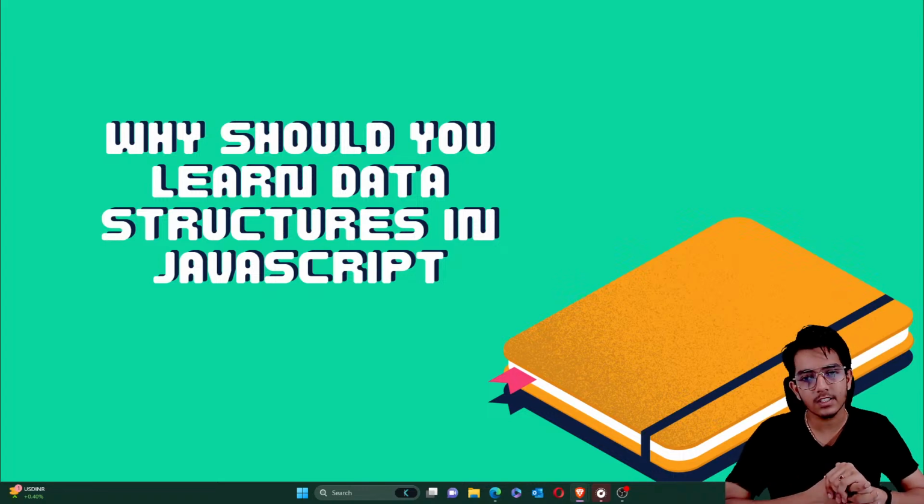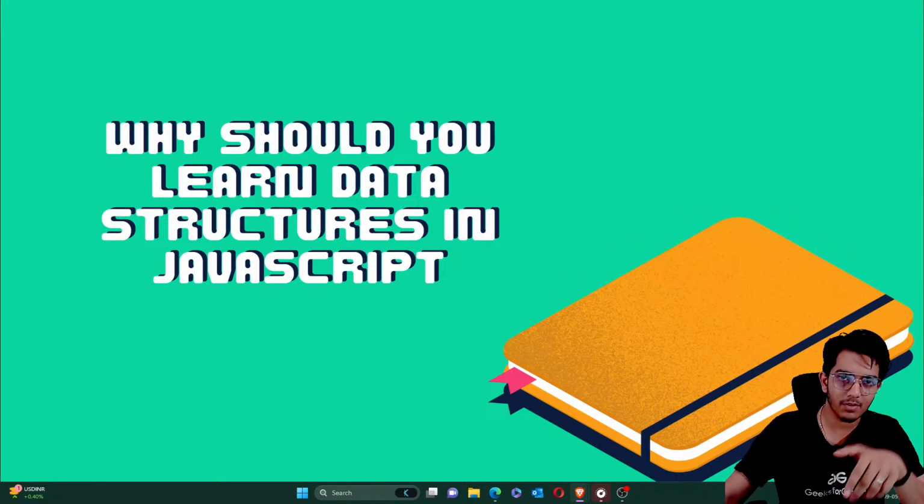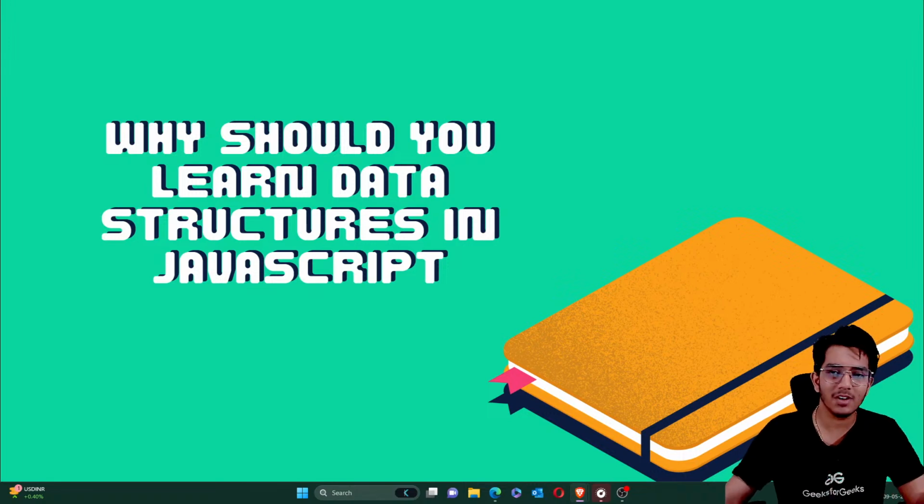So understanding data structures can help you choose the appropriate algorithm and data structure to solve a particular problem. It also helps in interview preparation. If you are learning data structures or algorithms in JavaScript, or in C++ or any other language, the goal is common. It will help you in interview preparation because the logic is the same, the concepts are the same, just the syntax is